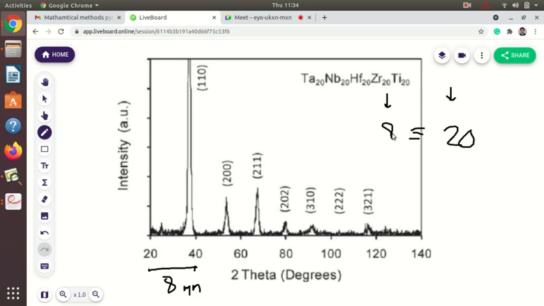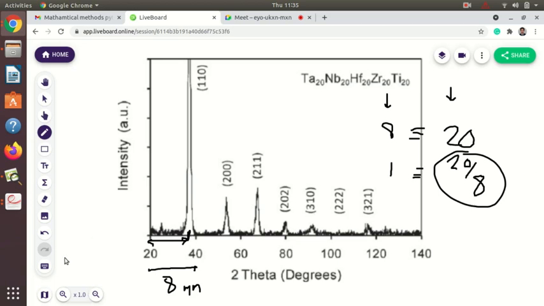Okay, so what I will do, for 1 centimeter or 1 millimeter, I will divide this by 8. So I am getting this value for 1 millimeter. Now I will measure the peak position, how far it is from this value, and then multiply that distance by 20 by 8, so that I will get the value in degrees. But remember, you are starting here from 20, so you have to add plus 20,